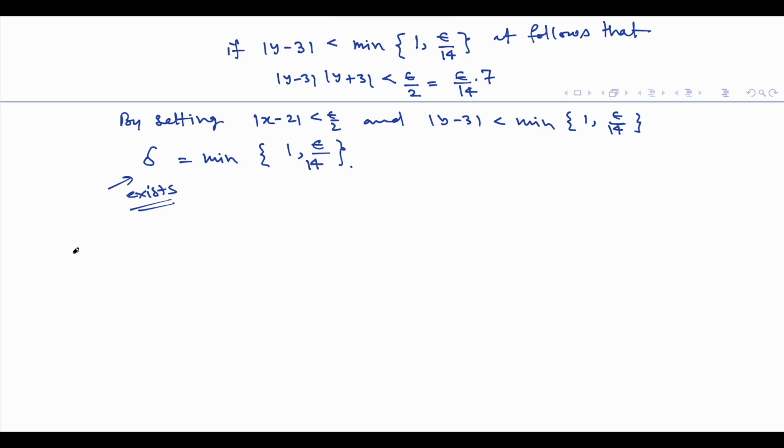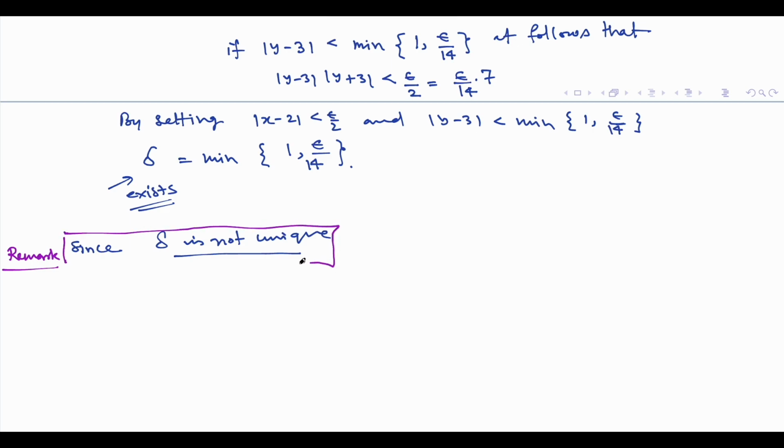So we know that delta is not unique, right? This is our remark actually. So I'm going to do the same problem with another delta, right? That's the very important point here. Okay, so if we proceed,